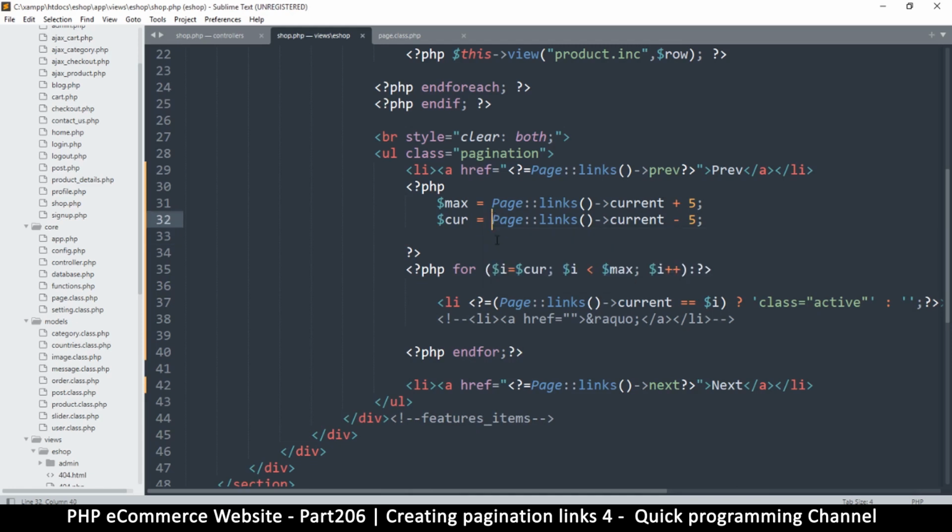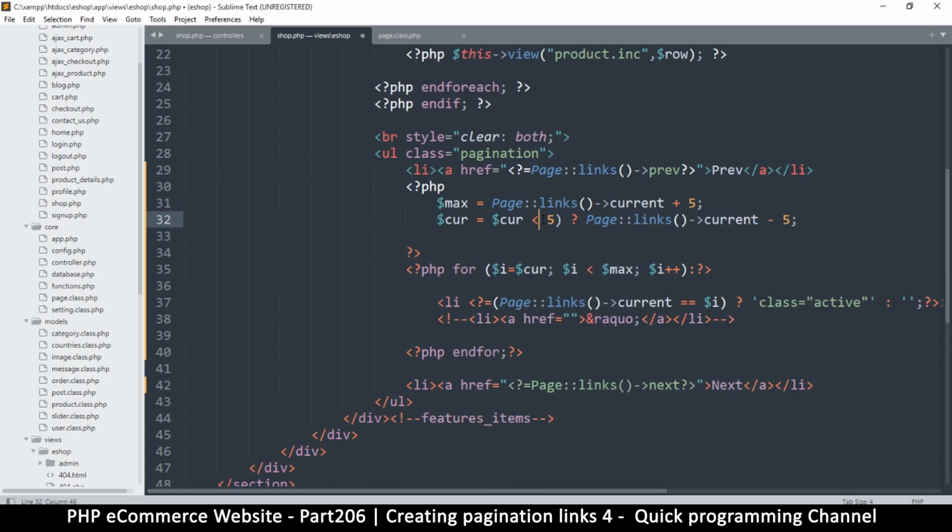Wait a minute. So what I can do is copy this and say if. Yeah, that is number 5 there, so which means we have to end this at 5. Okay, so I'm going to ask the question, if car is less than 5,